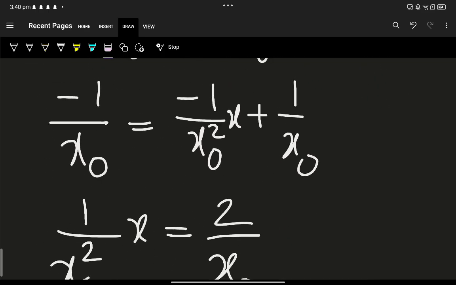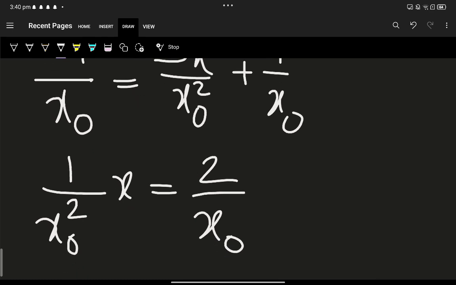So instead of writing this, I can just directly write minus x by x naught square plus 1 by x